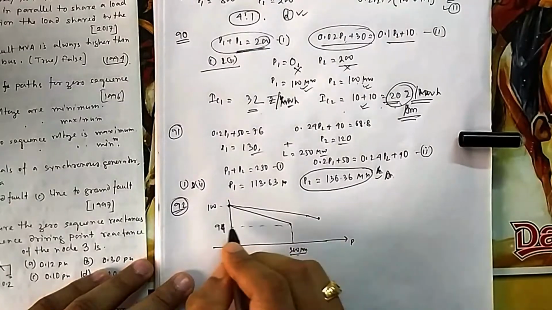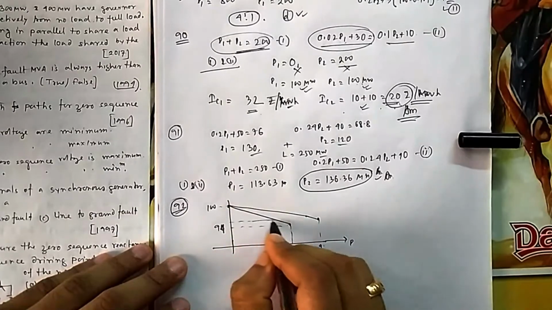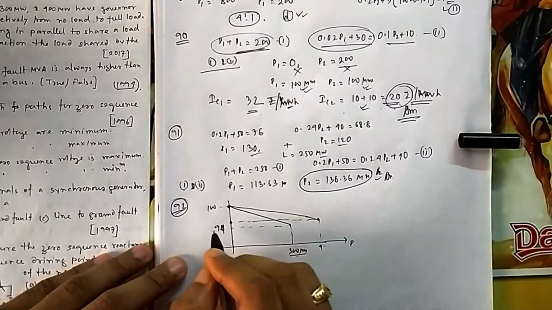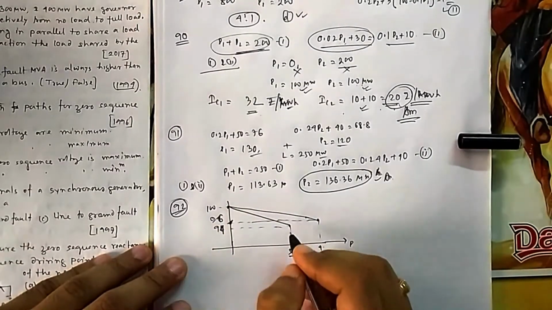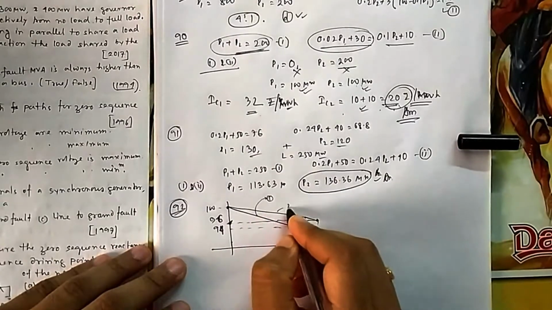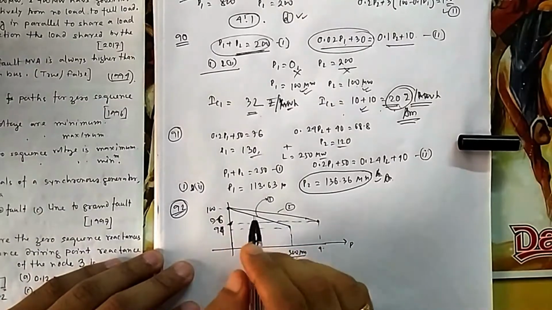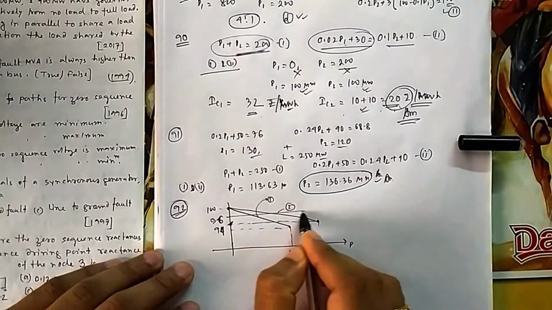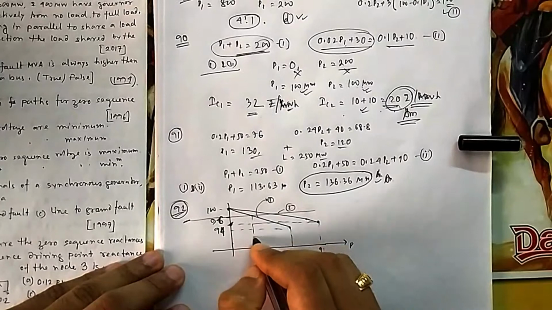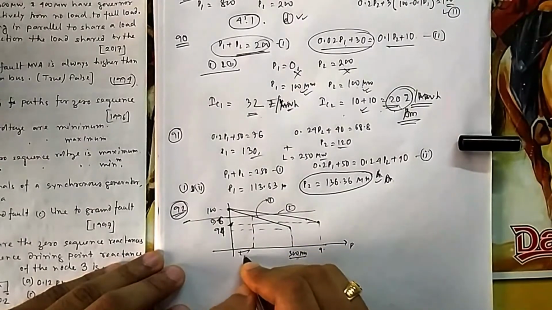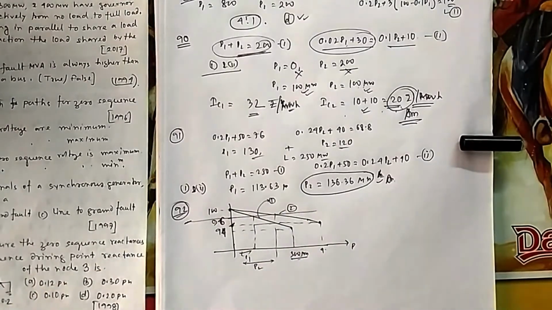And the second one is 400, but here the droop is 4%, so this point is at 96. This is for generator 1, this is for generator 2. Now if they have to operate, they have to operate at a constant frequency. Their frequency should be constant, so they have to operate at some point. Suppose this is my point where they should operate. So this generator will take this much load, this will be my P1 and this will be my P2. These loads are shared in this way so that the frequencies are equal.